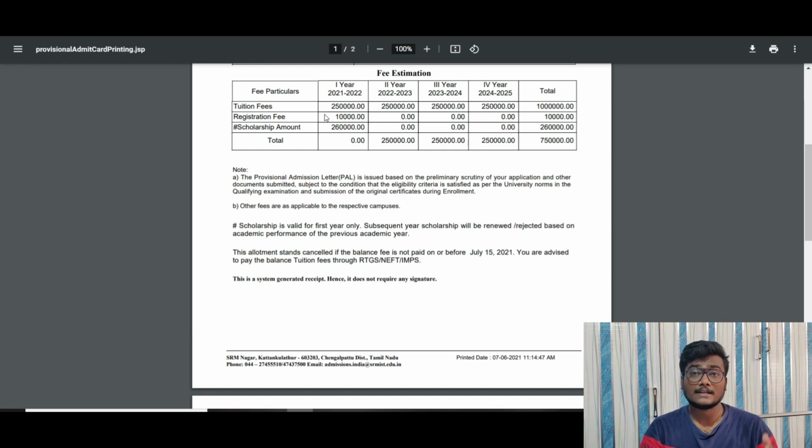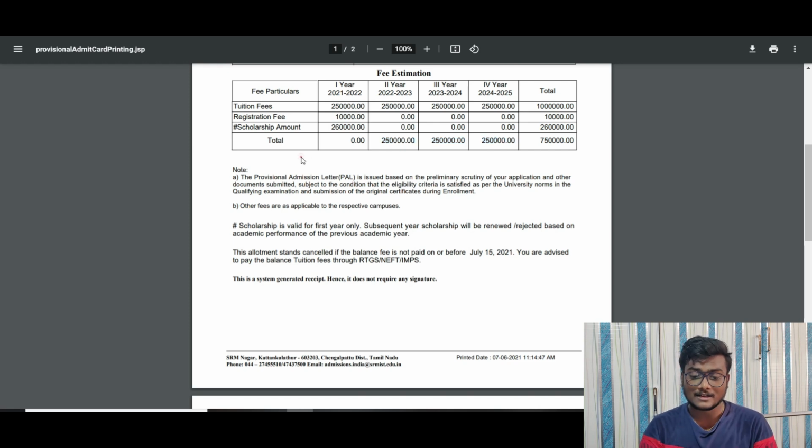So for this particular girl, as she got below 1000, the fees is 2,50,000, even though the allotted seat is CSC with AI and ML. If you are above 500, you will be getting like 3,50,000 there. That is only tuition fee, and they have mentioned it for a total of 4 years. As she got scholarship for first year, and for the rest of the 3 years she got 2,50,000, 2,50,000, 2,50,000. That is only tuition fee. That is total 7,50,000, and hostel, mess and other charges you need to include for your total fee estimation.